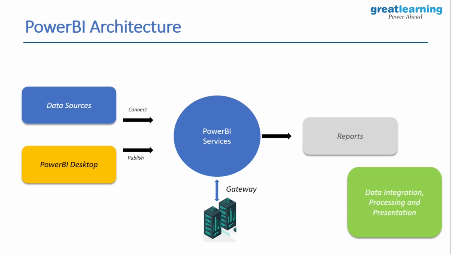So when you talk about the Power BI architecture, we are not going to get into the complications of how the architecture works in detail, but there are 3 important pointers that you need to understand, and you can see those pointers at the right bottom corner of this slide, where we've talked about data integration, processing, and presentation of information. What that means is, when you talk about any data, the first step is to get your data from different sources. The next step is, once you have that data, you integrate it, you transform it into more edible data.